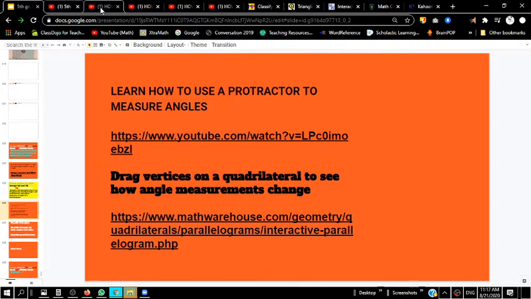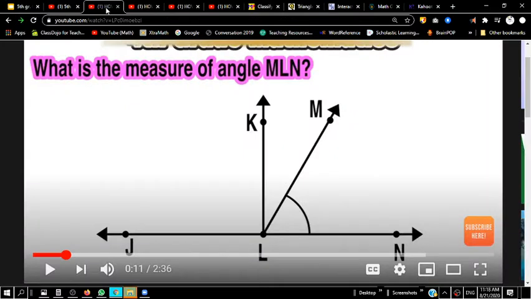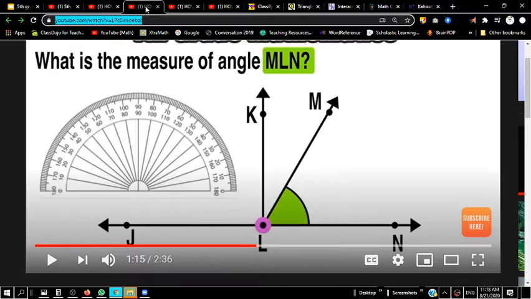This tool is very important when we're looking at angle measurements, okay? If we're going to look at, for example, the angle measurement of MLN, which is on the screen right here, we're going to use a tool called the protractor. In Spanish, it's called the transportador. This little tool gives us an angle measurement between 0 and 180, which is the exact same measurement of a